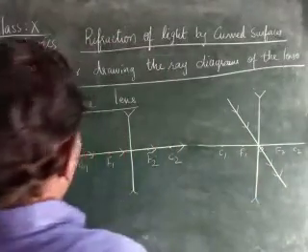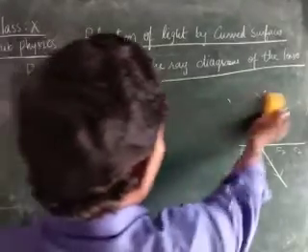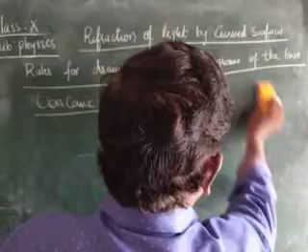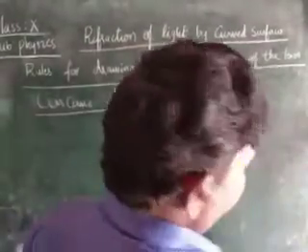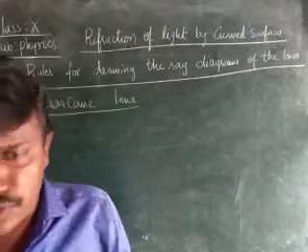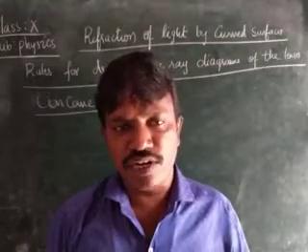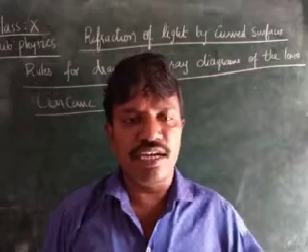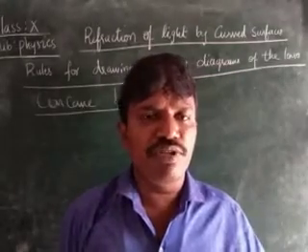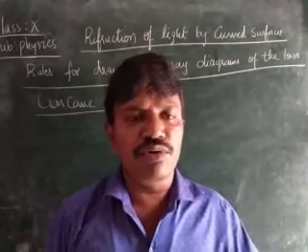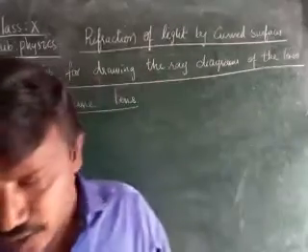Okay, children. Rule 1 and rule 2 are completed. You should make a note of all these diagrams, children. These are very, very important from the exam point of view and for information. In two ways they are very helpful for us. Therefore, you should make a note of all the points. The rules are very important, such that if you know the rules perfectly, then you can draw the figures easily. Okay, children. Next, third rule.